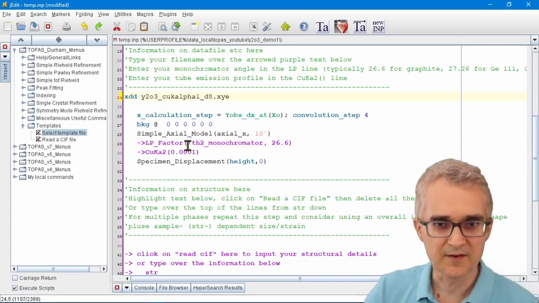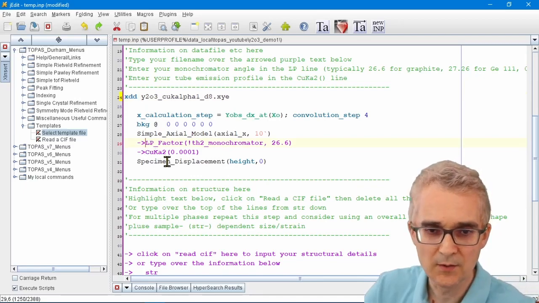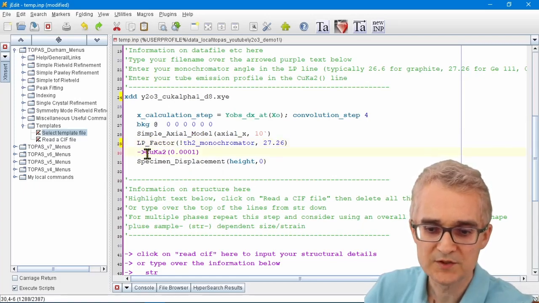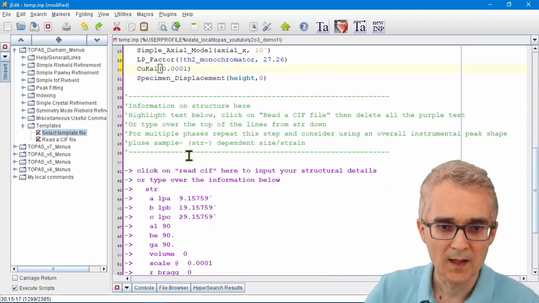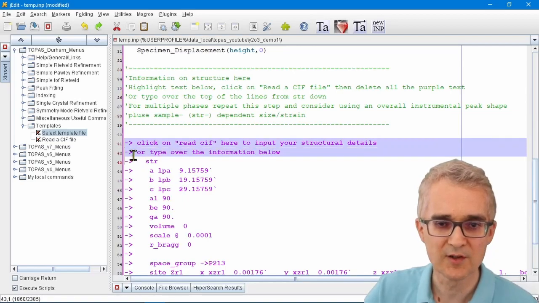So that's the file name that we should be analyzing. We need to tell TOPAS the LP factor. So the LP factor here was actually 27.26. The type of radiation wasn't copper K alpha 2, it was copper K alpha 1. And then if we come down later in the file, there's some information about the structure that we need to